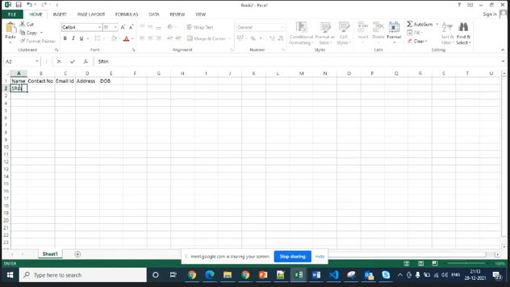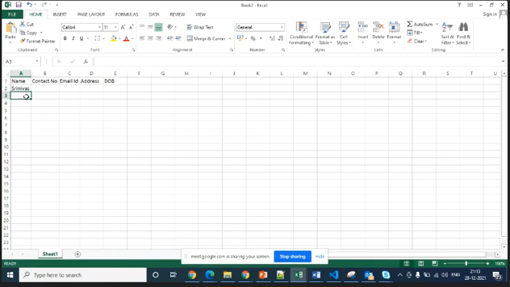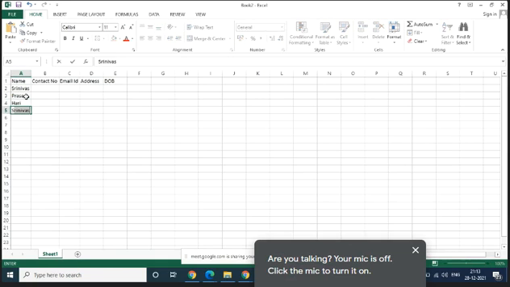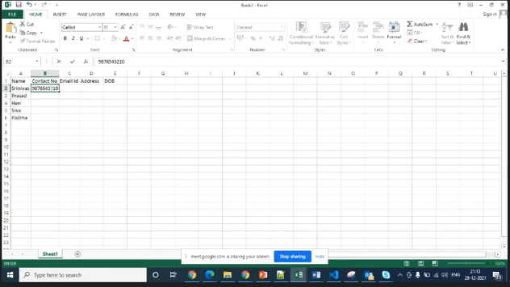Now, for example, Srinivas, like that you can create names: Prasad, Hari, Shiva, Padma. Likewise, you can just create the data.